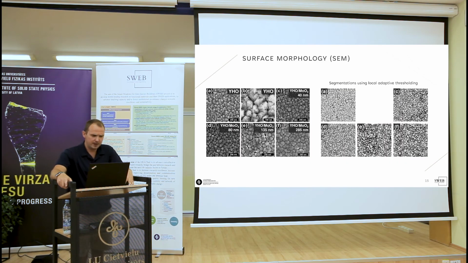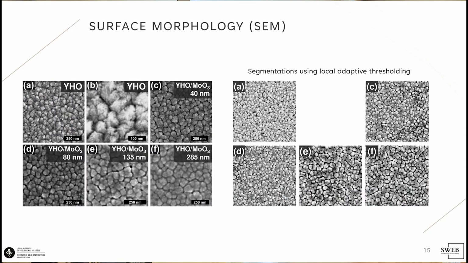These are electron microscope surface images. We see the morphology of our samples. If we look at single layer yttrium oxyhydride, it's very well dense, grainy features, well packed. And at higher magnification, we even see that these grainy features consist of smaller ones, and the size quite well matches with the size we got from XRD